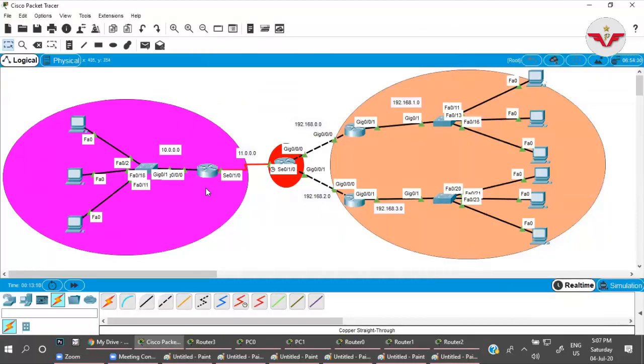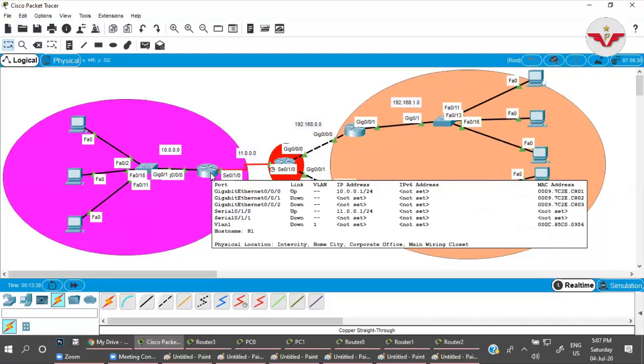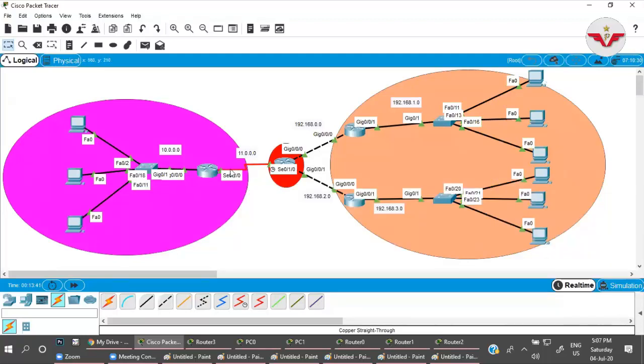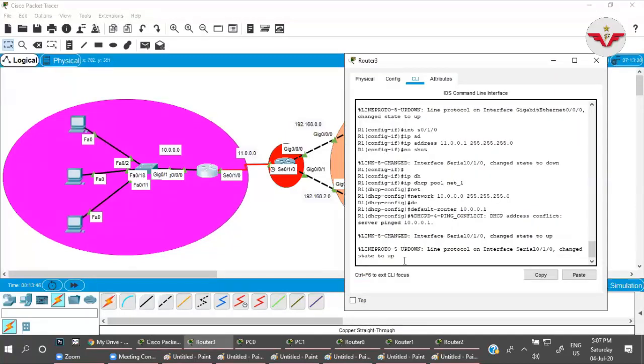Okay, now IP assignment is done. Now I have to configure the routing protocol. On this side, I will use Routing Information Protocol, RIP v2. At this side, I don't know which network is running. I am here as an ISP. I don't know about this network. So I will just configure the default routing over here because this is the border network. On this router also, I'm not aware of the further network.